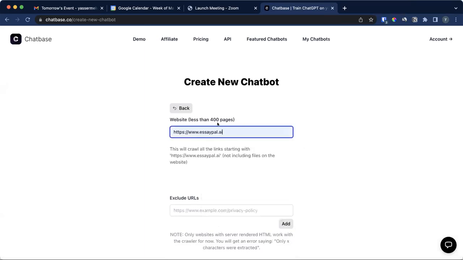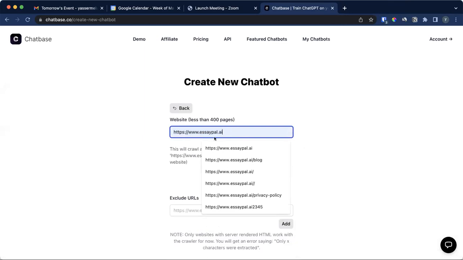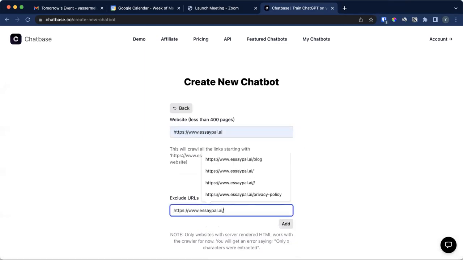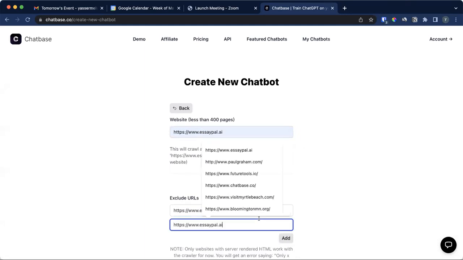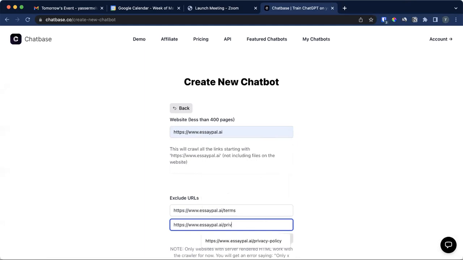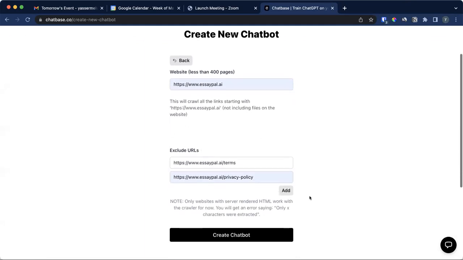And then using all of the content on your website, it's going to create the chatbot. So if I say, this is another project that I had, SAPal, and then I can go here and say, I want to exclude the terms. This page included the terms of service, and I want to exclude the privacy policy. So this is going to crawl the whole website, and it's going to exclude these pages.